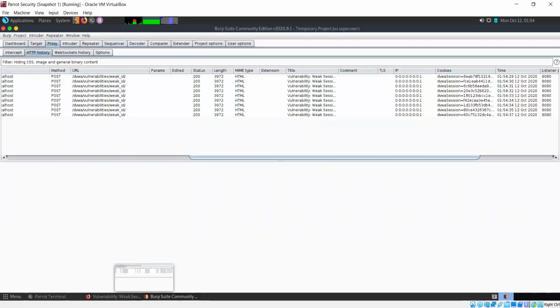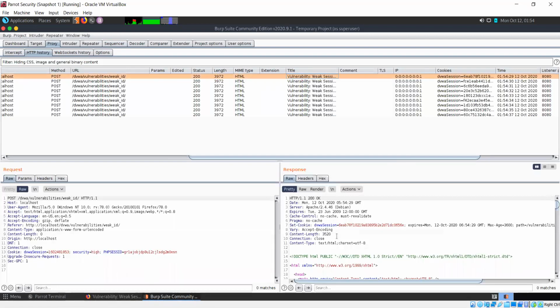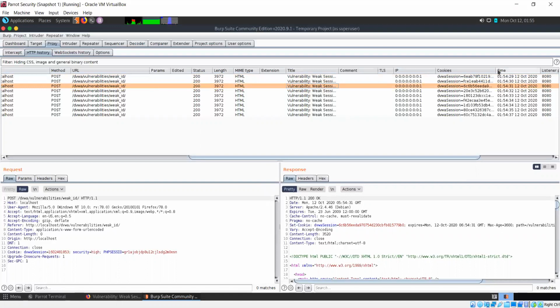Go back to work. Okay, in this case, if you take a look at these cookies, the session IDs, I mean. So this looks like, okay, it's random enough. Same here. These are the different values for the cookies now.